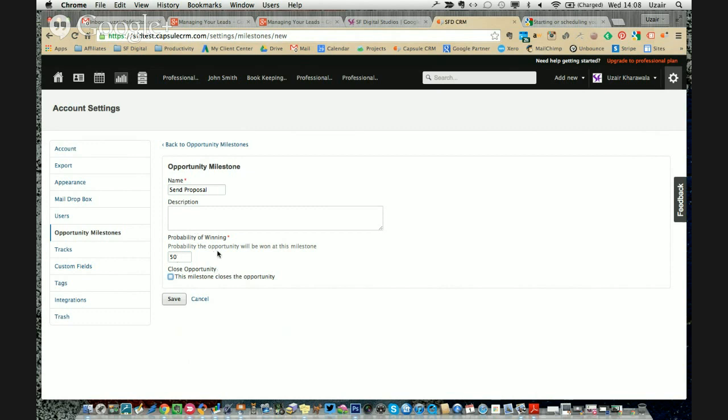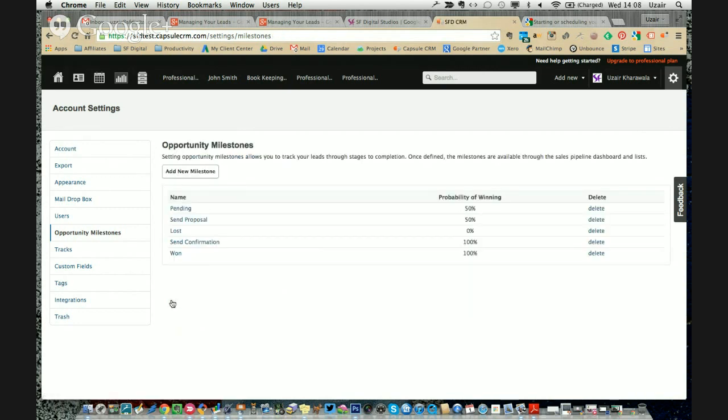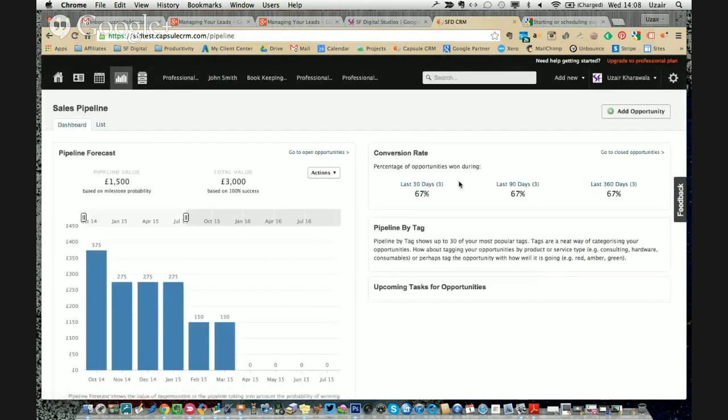When you win a job or an opportunity, then you can check this button. That means that opportunity has turned into an actual client. And I save that. I'm just going to go very quickly in one of the opportunities and change the milestone